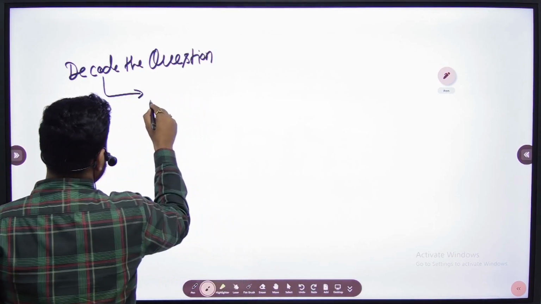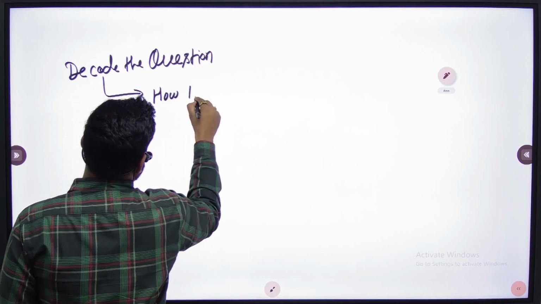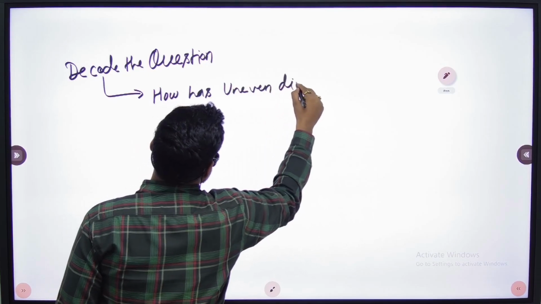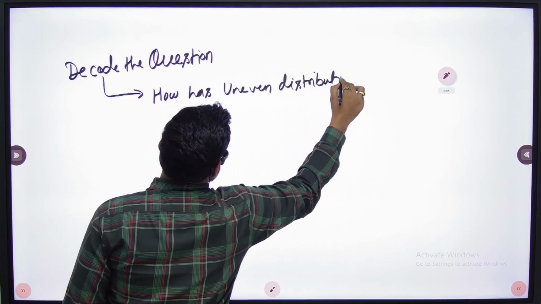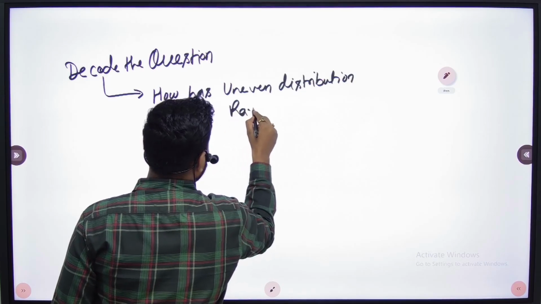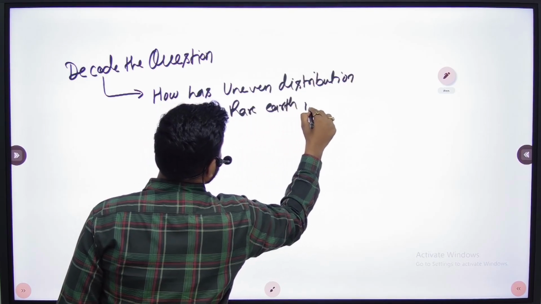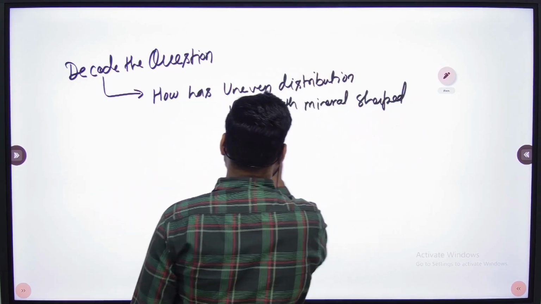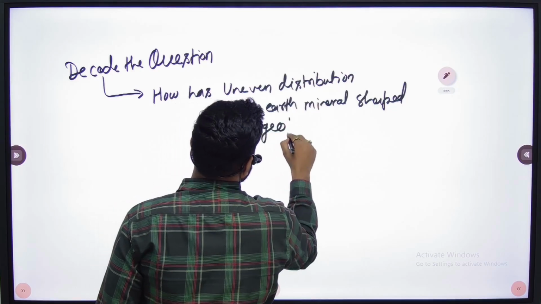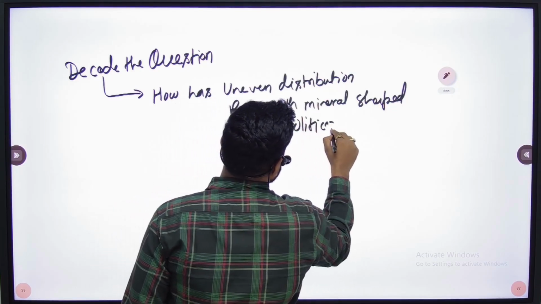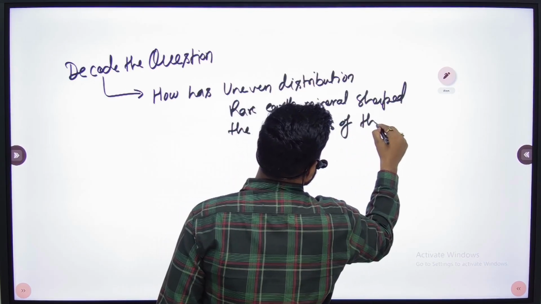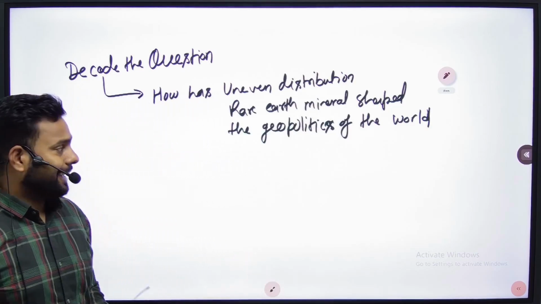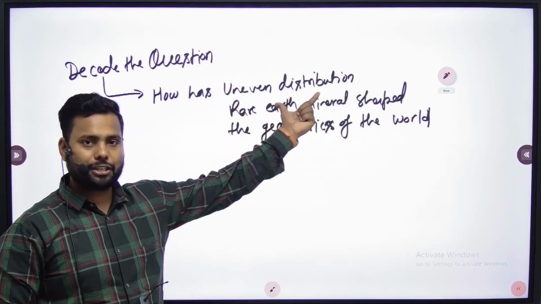Here the question is saying that how has uneven distribution of rare earth minerals shaped the geopolitics of the world. How? So this question is asking about how the rare earth minerals' uneven distribution, इसका मतलब क्या